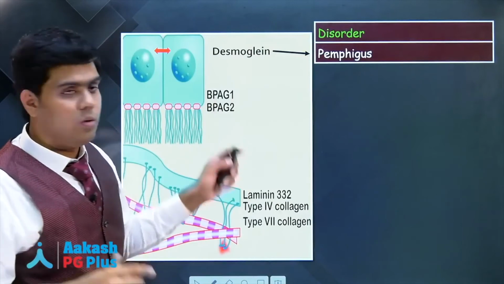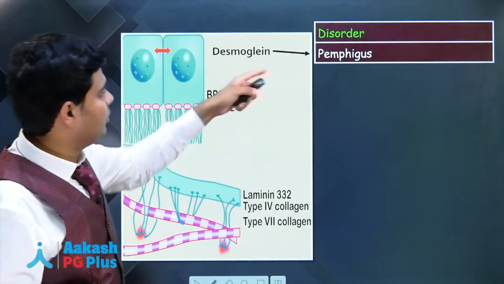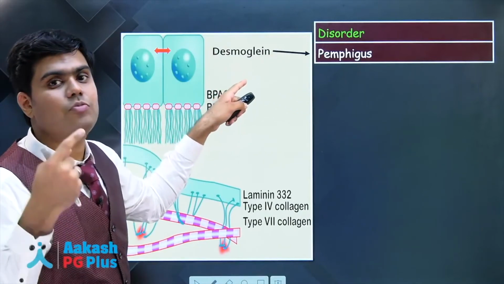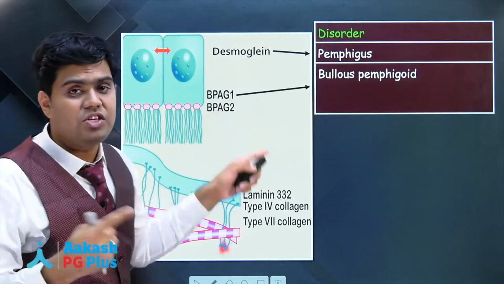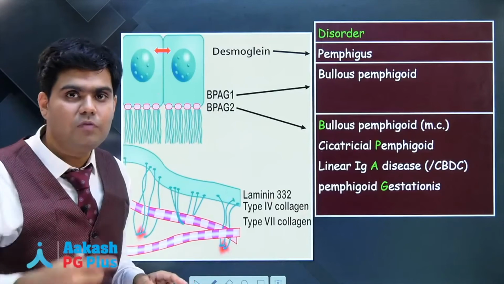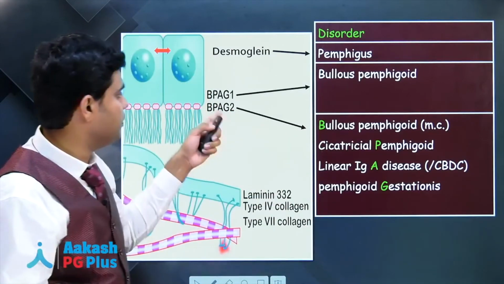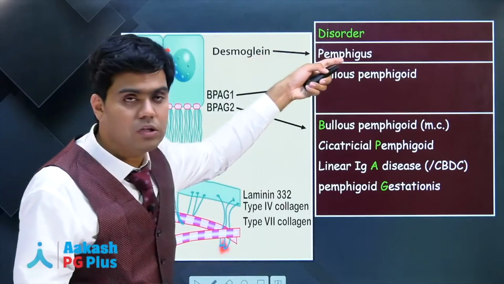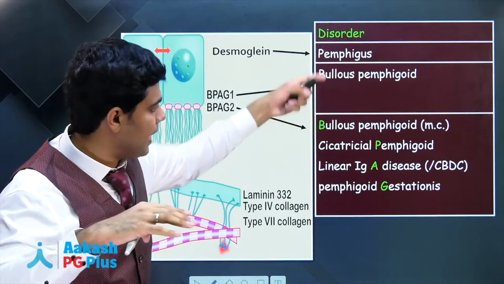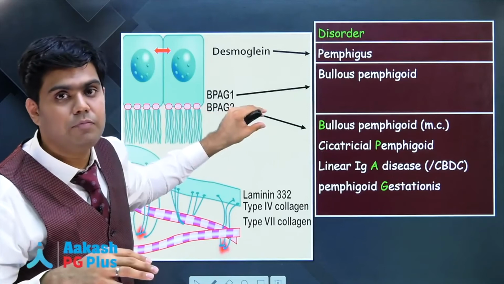Right. So let's have a quick look. So this is superficial and we are going deeper. So in the superficial split, pemphigus, the antibodies are targeted to desmoglein. What about BPAG1? We know it is bullous pemphigoid. What about BPAG2? We have 4. The mnemonic we had, BPAG, 4 disorders associated with BPAG2. So the topmost split will be pemphigus, below it will be bullous pemphigoid, and we have a whole group of disorders which will have a split at the level of BPAG2.